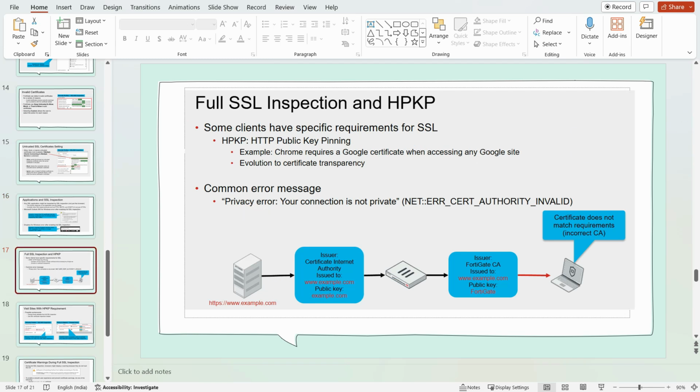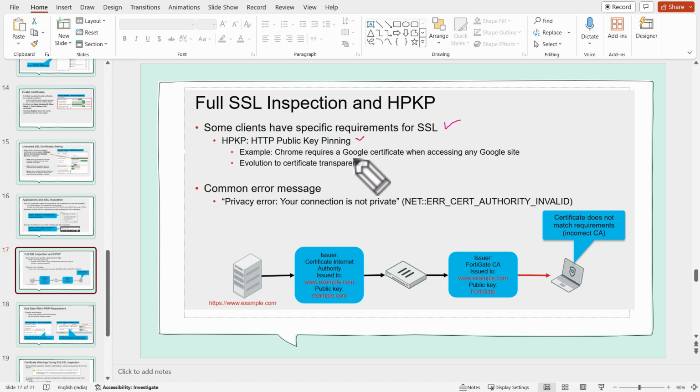The second scenario is HPKP. This is another problem which we see after enabling full SSL inspection on the Fortinet. Some clients have a specific requirement for HPKP, which stands for HTTP Public Key Pinning.